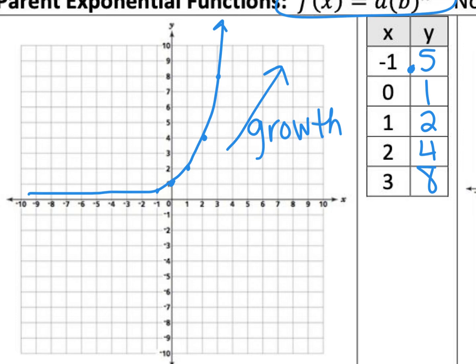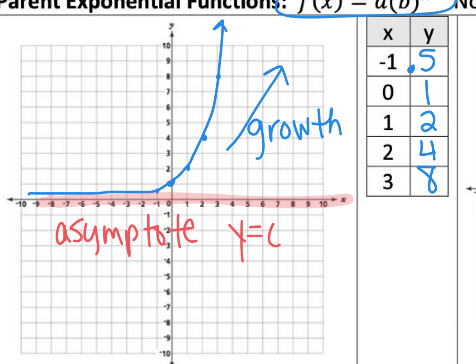I'm going to highlight this x-axis right here, okay? An exponential is going to get real close to that line, but it's not actually going to touch it. And it has a special name. This is called an asymptote. And the equation for our x-axis is y equals 0. If you remember when we did OIVUX, right? That's a horizontal line, so it's y equals, and we're crossing at 0. I say y equals 0, okay? I want you to make sure you pay attention to that. You're going to see it a lot. So on an exponential, it will get close to that line, but it won't actually cross it,